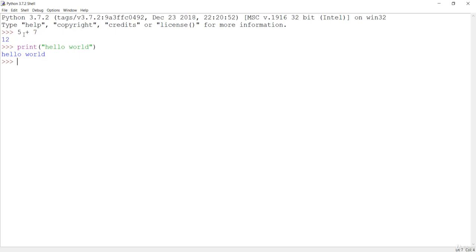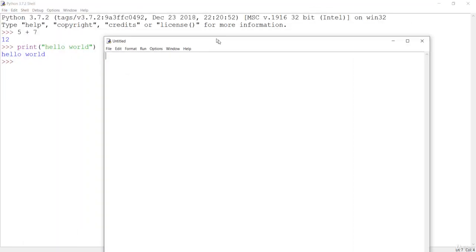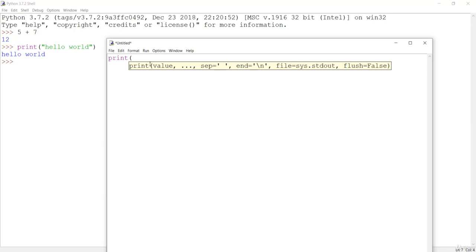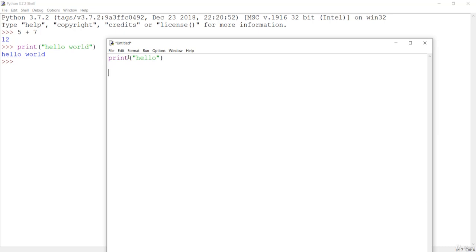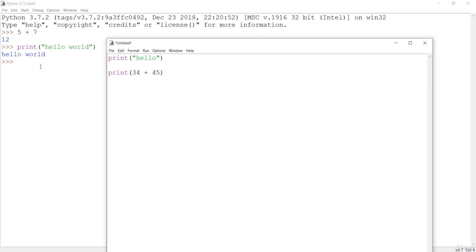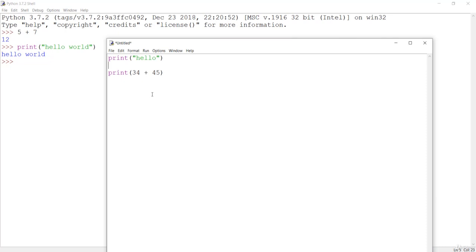So next thing is you have to just open this file and press on new file. You'll get this new window, and this is your script. So a script is going to be a file where you can write multiple lines of code. So you can say that print hello is one command, and you can say something like print 3445, the next command. So in the case of the cell, you can only execute one command at a time, but in the case of a script, you can execute multiple commands. So you can see over here we have the print hello and the addition in the same file, which cannot be done in the case of the cell.